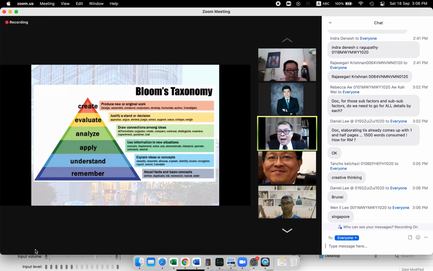We have to benchmark for good practices. But I'm not saying Singapore is perfect. Singapore has other cultural issues, you and I know. No country is perfect anyway. But we try to benchmark for good practices, the best practices,